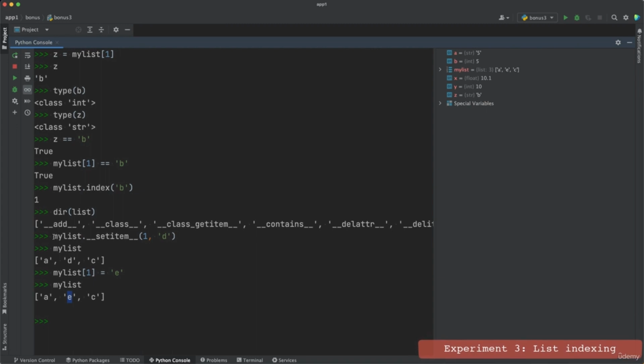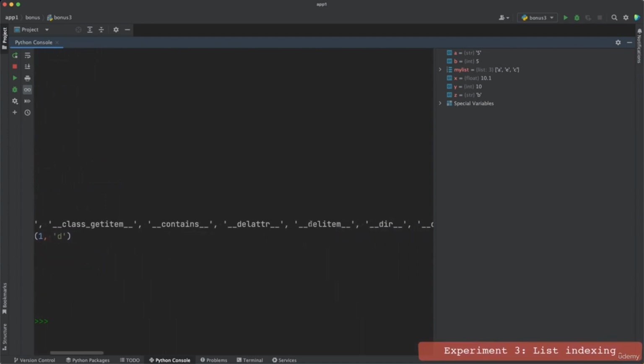So which one should you use? This or that? The short answer is use this. And actually when you use this, in the background, the interpreter actually calls the setItem method. So every change that is done is being done by methods. But the Python core developers have been nice and they have provided this simpler syntax for very common methods such as setting an item. Similarly, there's also a getItem